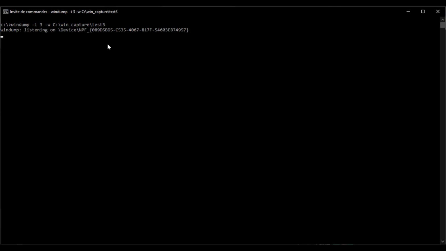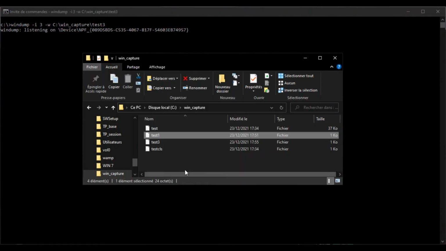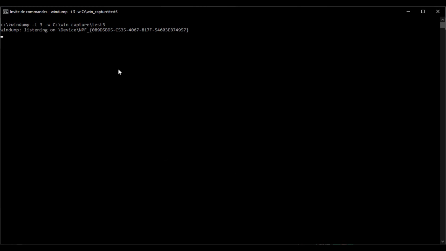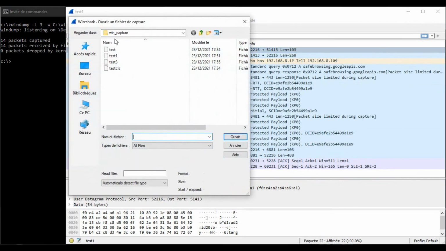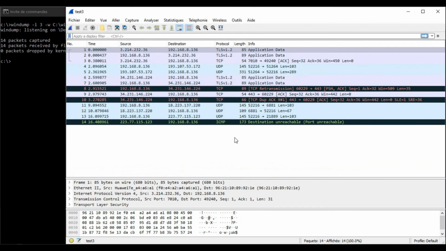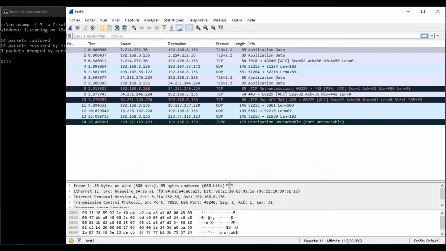Let's wait for the traffic. As you can see, there's the file test3 in the wincapture folder. Stop it with Ctrl C, go to Wireshark, and import the file. And there we have